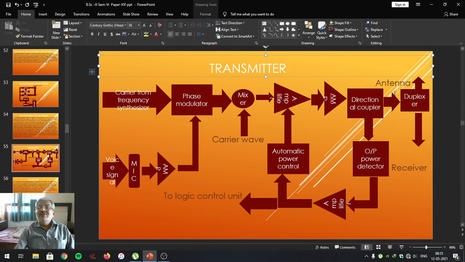The antenna converts this modulated radio frequency signal into electromagnetic radiation that propagates through space up to the dialed number, by searching for the cell phone of that particular dialed number. How the searching takes place, we are going to see at the end of this particular topic. Simultaneously, this duplexer unit is connected to the receiver of the same cellular phone.